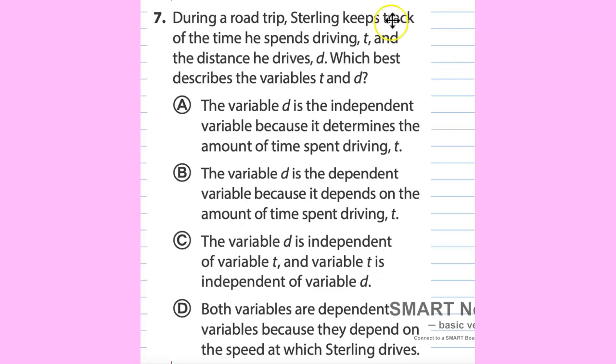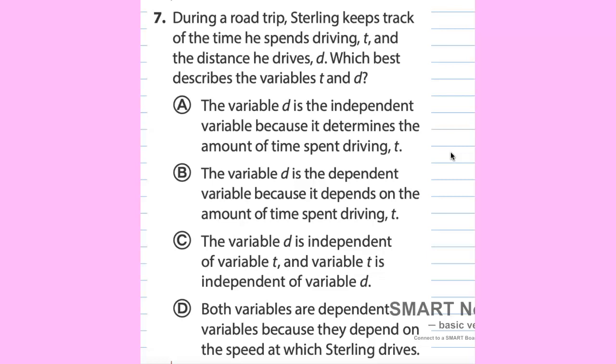During the road trip, Sterling keeps track of the time he spends driving, which is represented by the letter T, and the distance he drives, which is represented by the letter D. Which best describes the variables T and D? Remember your dependent variable and independent variable. Which one of these depends on the other? Does the time depend on the distance, or does the distance depend on the time? In reality, your travel time is there all the time,